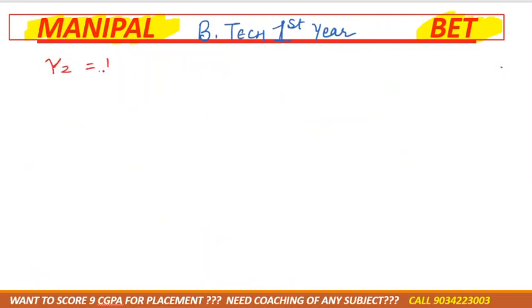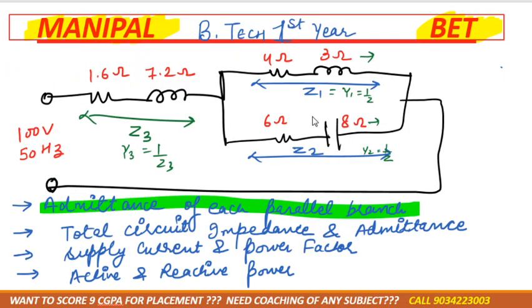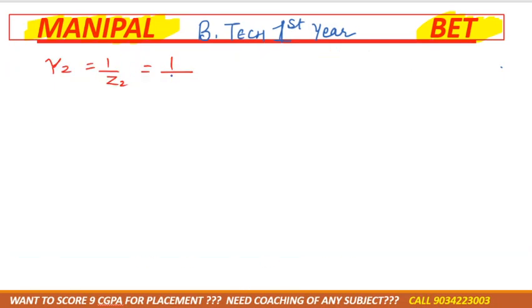Y2 is equal to 1 by Z2, Z2 is 6 minus j8. So it's in division form. For division we need to convert it into the polar form, right? So if it is minus, you have to take minus only. 6 comma minus 8,